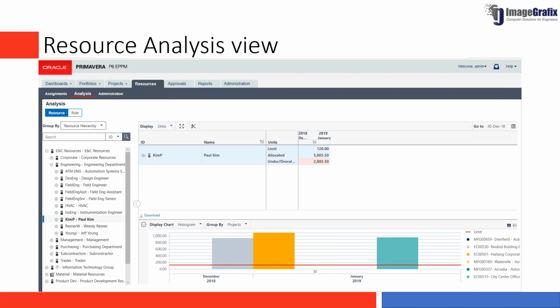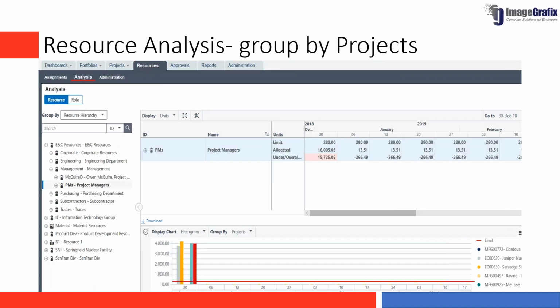That you can see here in your resource analysis view. And you can group based on projects, and you can see how the resources are getting utilized across the projects, how they are utilized, everything you'll be able to see here.